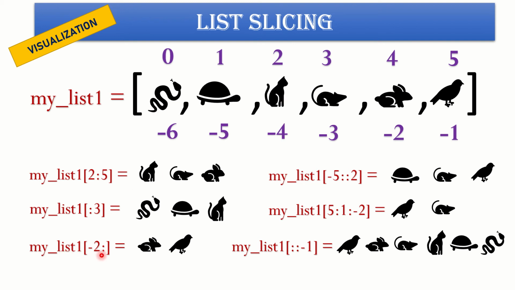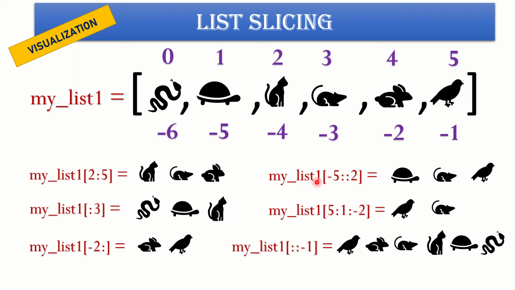I can also use the negative indexing like I said before. So here I've given -2 and I have not given the end of the list. Now if I do not give the ending point or the stopping point, so the control will go till the end of the list and the last element of the list will also get included. So this starts from -2, and since I have not given the stopping position, this will go till the end of the list, and so the pigeon or the sparrow will also get included. So I have the rabbit and the sparrow here.